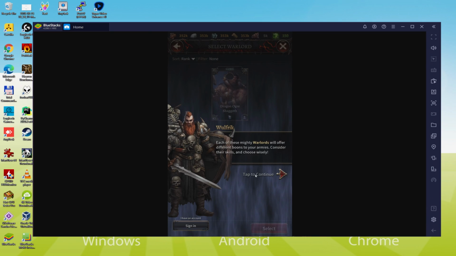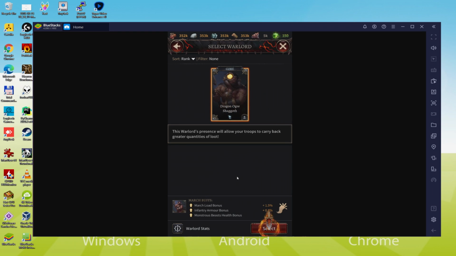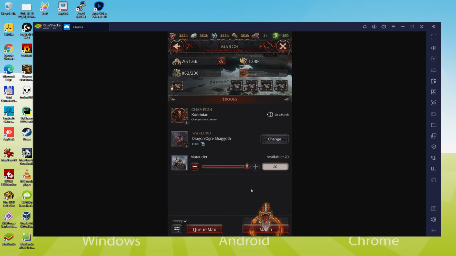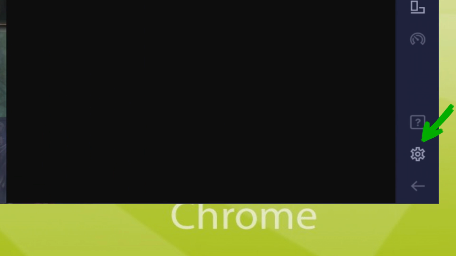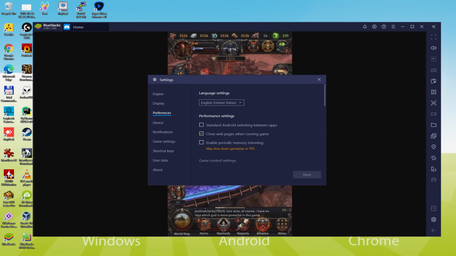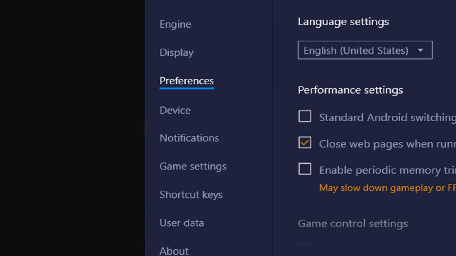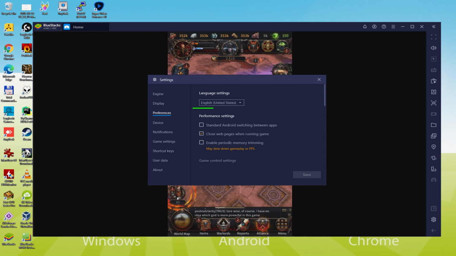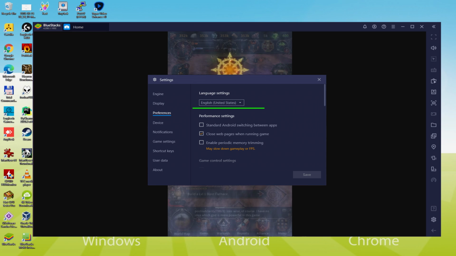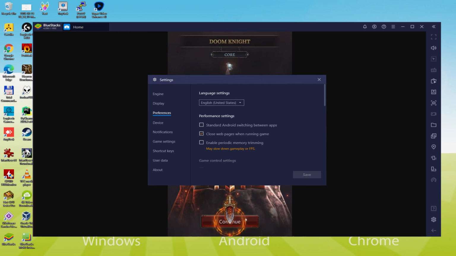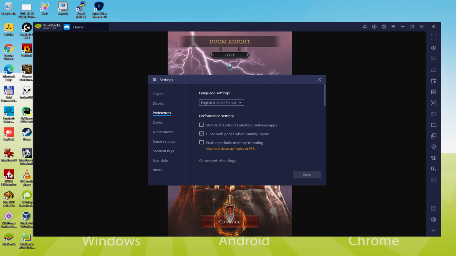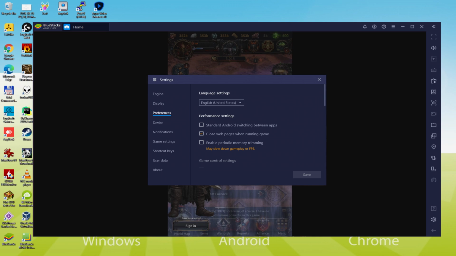From time to time it happens that your emulator is presented in the wrong language, such as Chinese. And to set it up in the right language we browse here to the cogwheel. And right here within other options, we click the language drop down. We can pick the language we need, English, Mandarin, and so forth. Once the language is determined, we save, the emulator reboots, as well as the game app. Next time we run it, it will also be in the chosen language.